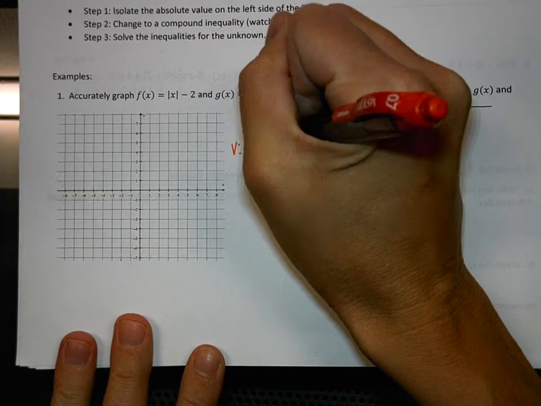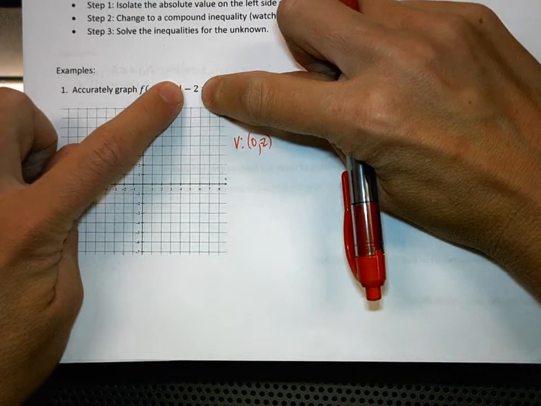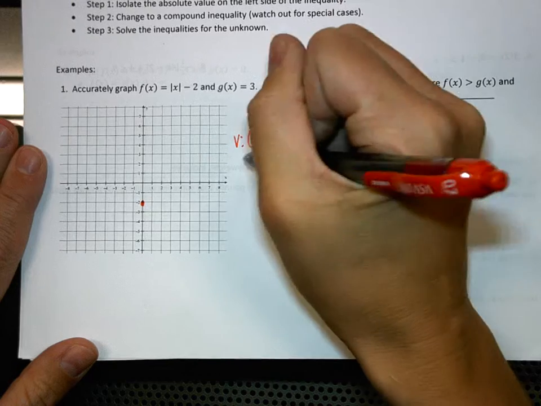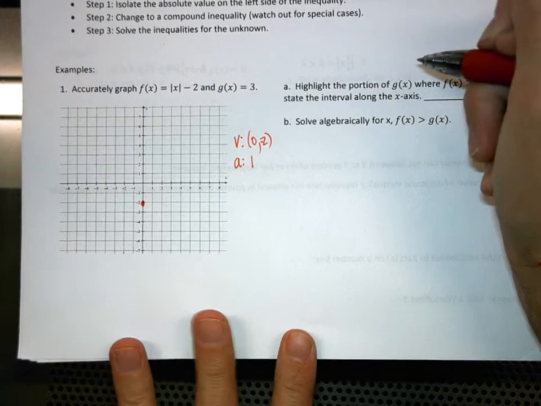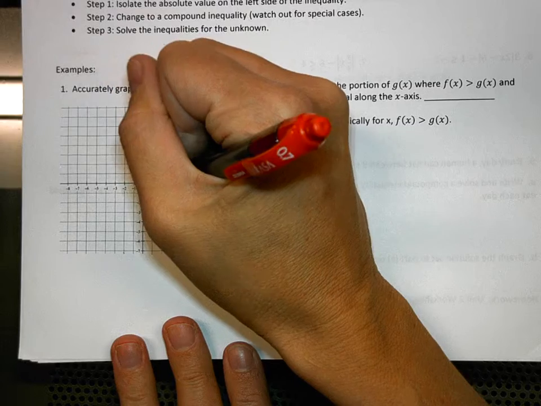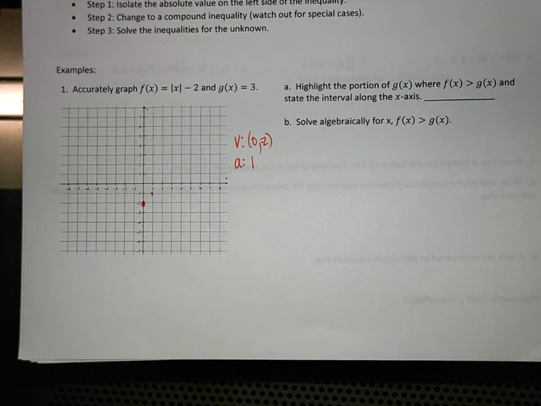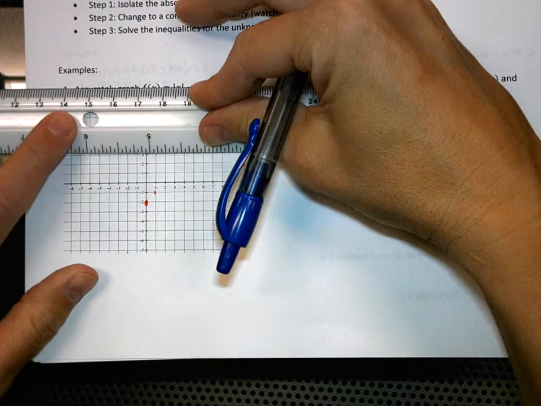0, -2 is correct, because nothing's with the absolute value, and then we have -2 at the end. So 0 down 2, we make our point, and what is my a value here? It's 1, right? And so we're going to go up 1, right 1. In fact, if I were to mark g of x equals 3, that means we're going to go up to 3 and make our line,